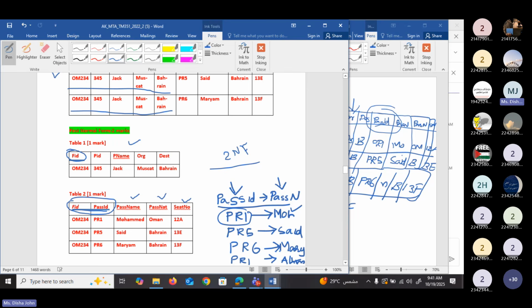So it is not a functional dependency. But in this table, we don't have this row. So we can say that each value of passenger ID is related with only one value of passenger name. So it is a functional dependency. Do you understand what is meant by functional dependency?